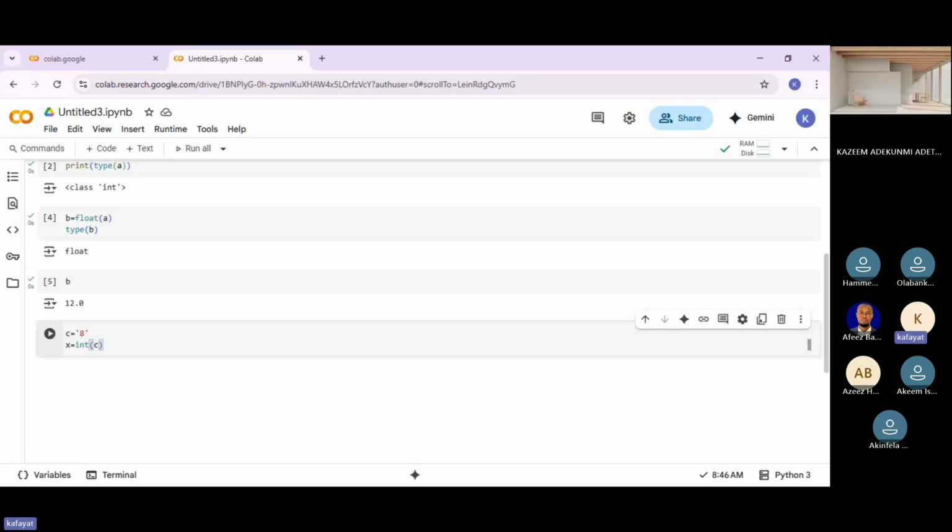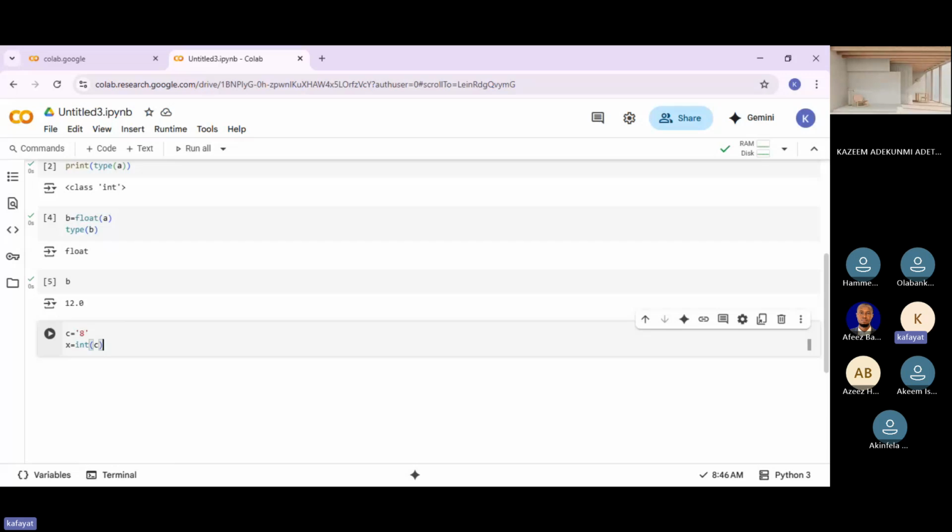It would have been easy, but let's assume that this is a data set of almost 1 million rows. Are we going to be deleting the quotes one after the other? It's going to take you a lot of time.